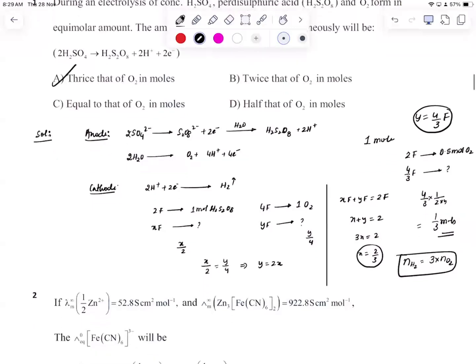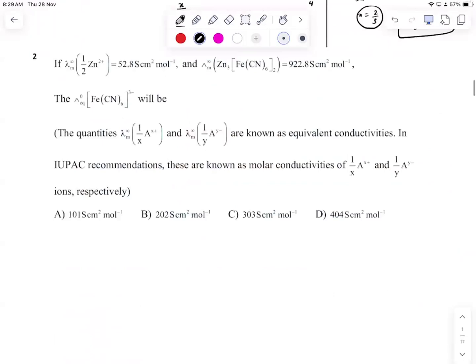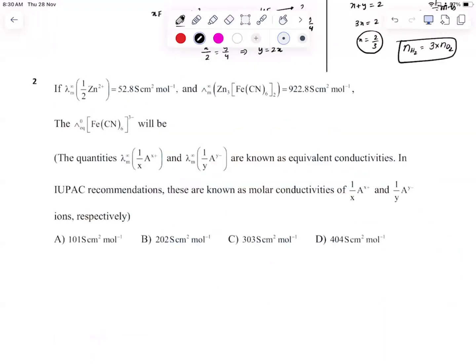So I hope all of you got an idea how to get this kind of questions. Next, see the second one here. First, let us read the question thoroughly. Half of Zn plus 2, right? Lambda of this one is given. Now, for such kind of cases, right, see,